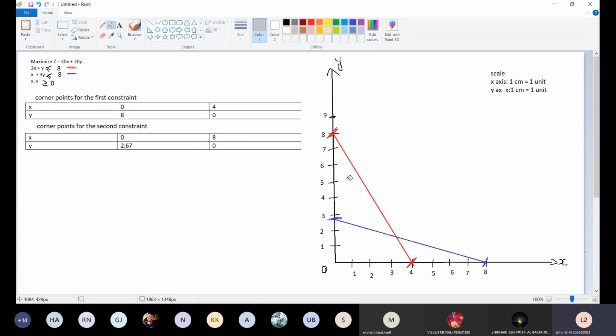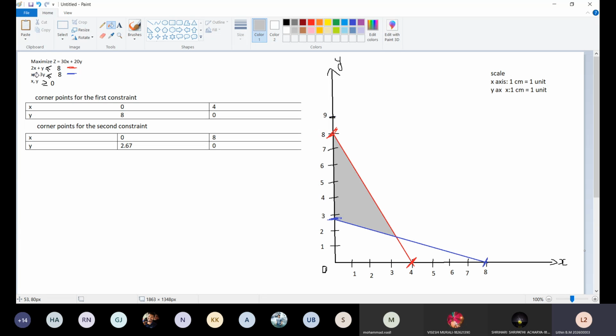Yes. So now, if I look at this particular region, is this a feasible region? See the first constraint there. What does it say? 2x plus y is less than or equals to 8. The first constraint is denoted by the red line. When I say less, it means the shade should come to the left of the red line. In this particular region, has the shade come to the left of the red line? Yes. So we are satisfying the first constraint.